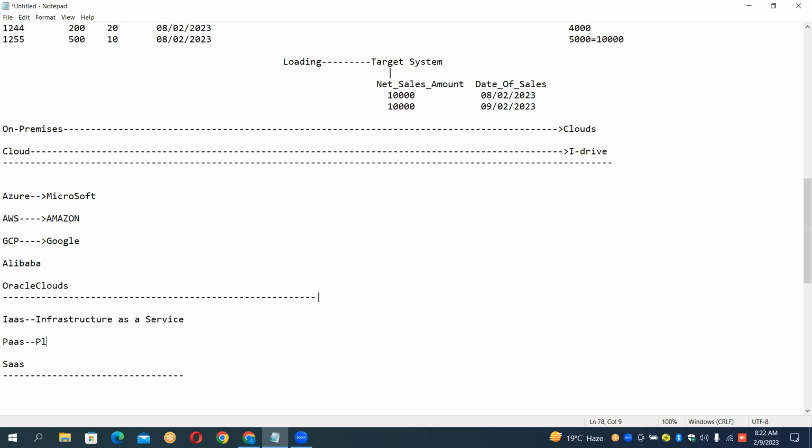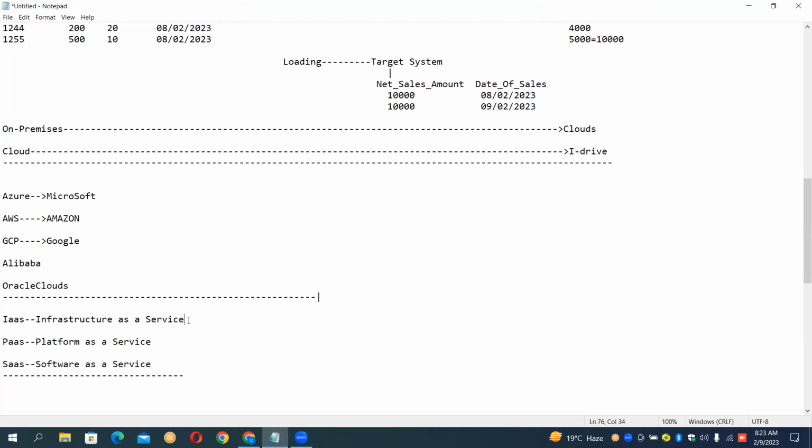Then you have PaaS. PaaS stands for Platform as a Service. And then you have SaaS. SaaS stands for Software as a Service. That's it. These are the three categories we have. When we talk about IaaS, Infrastructure as a Service,